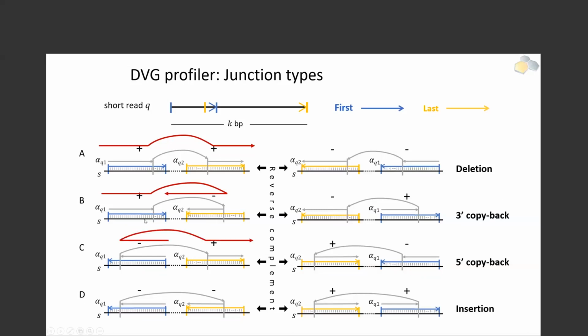And if, again, the left side here is first, but the first side, sorry, here it's on the left side of the subject, and it has a reverse direction, then this is the definition of a 5' copy back. And finally, when both sub-reads are in reverse direction, they are describing an insertion, which is a little bit more intuitive if you look at it from the reverse complement side. This is a case of an insertion where you have the polymerase here going forward, then at some point jumping back to the previous point and continuing,